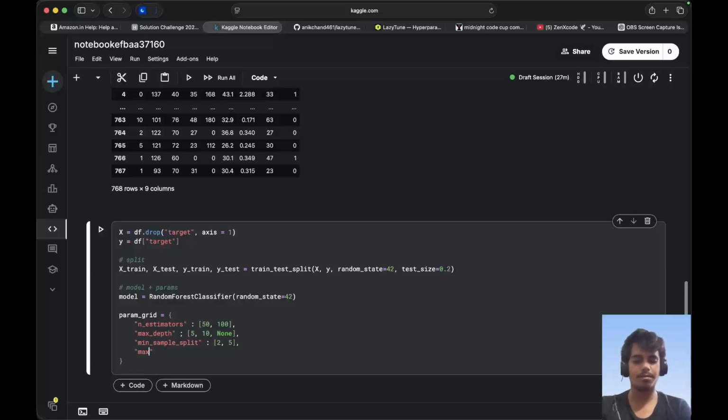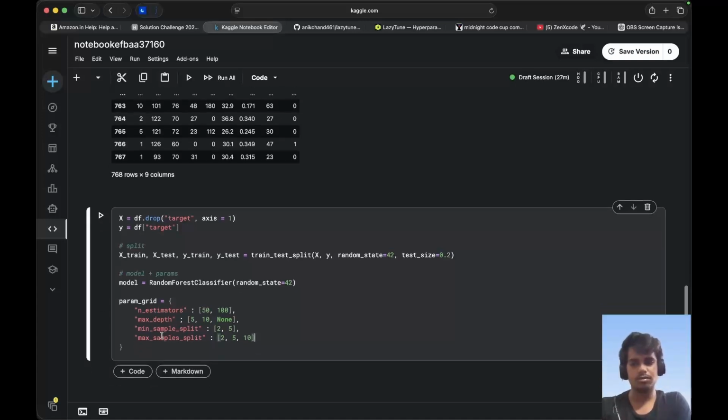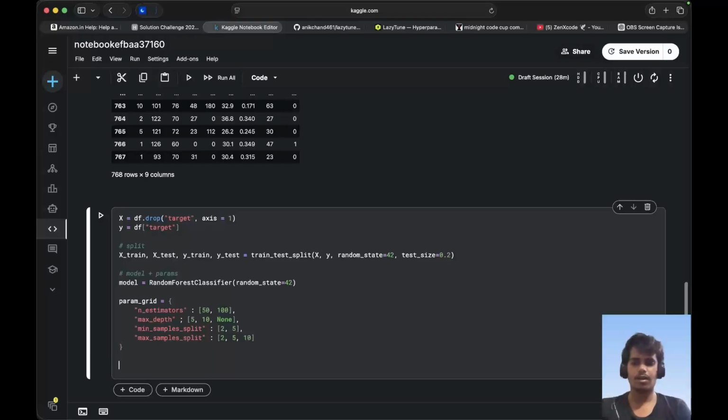After that, max sample split: 2, 5, 10 in estimators, and max depth, min sample split. That is a spelling mistake, and max sample split. Okay, this is done. And now use the GridSearchCV, because we are